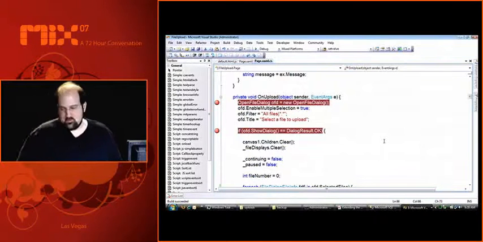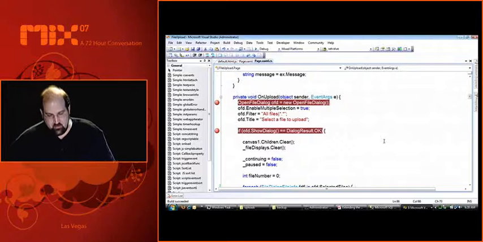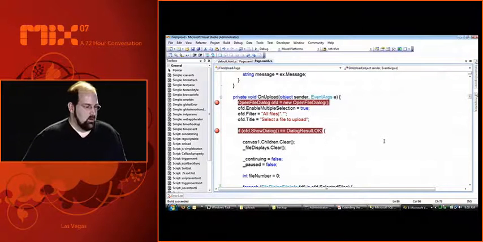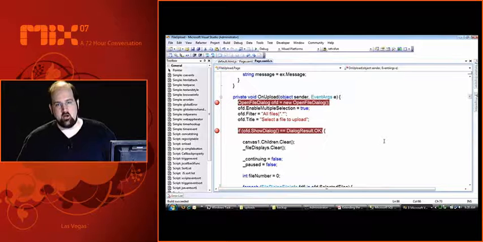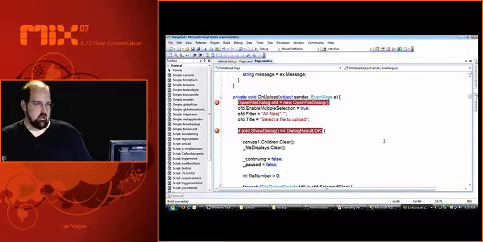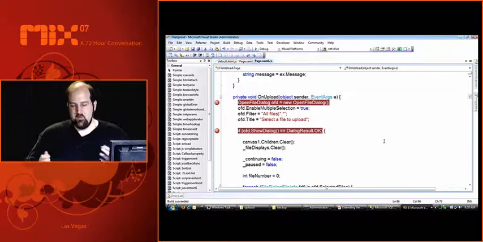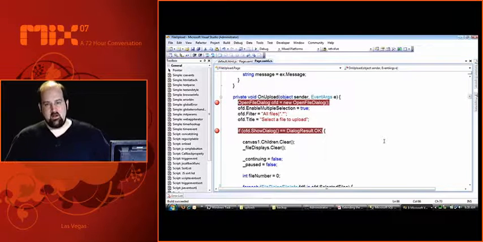So the last thing I wanted to touch on was another new feature in the Silverlight client framework called the Open File Dialog. The idea here is, as we build more complex Silverlight applications, we want to give you a way to take data that the customer is willing to let you touch, pull it up into memory, manipulate it, and then maybe render it or ship it up to the server. So for this demo, we created a little file upload application,